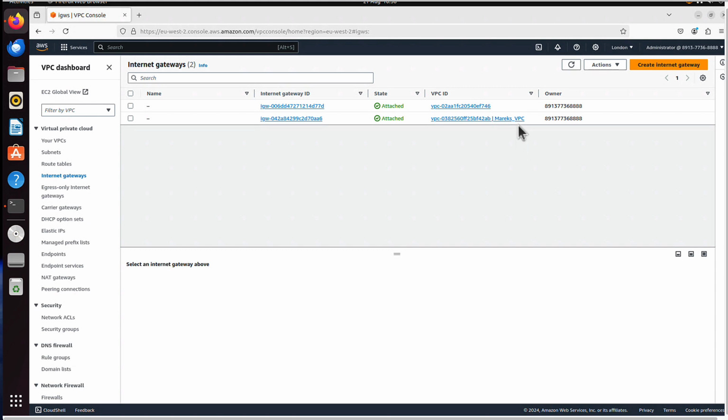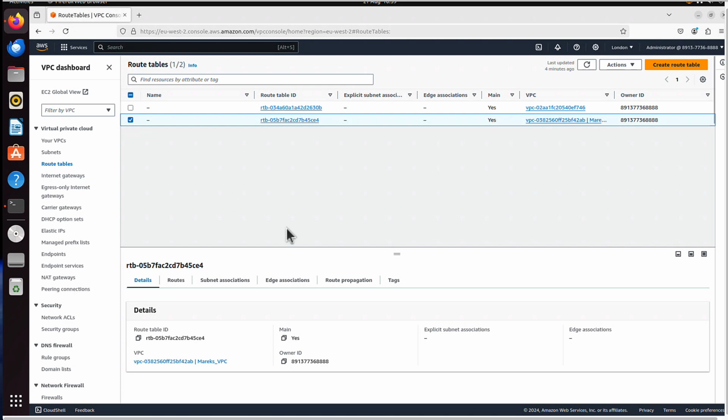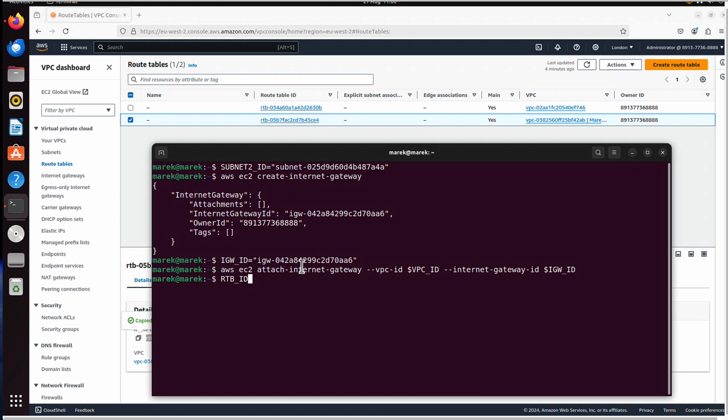And by the way, when you create a new VPC, a new route table is also created. Let me show you that. So that was created when we created the VPC, but what I want to do, I want to save this identifier as another variable. It's called RTB_ID.